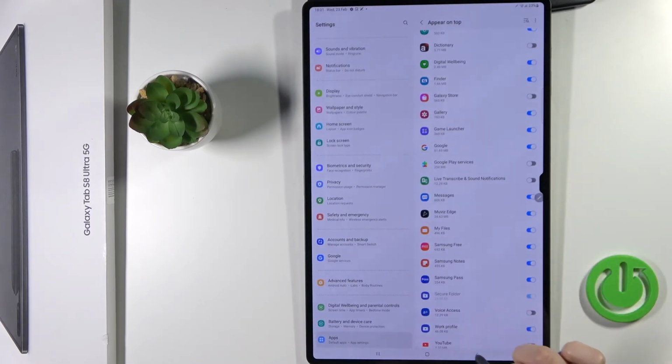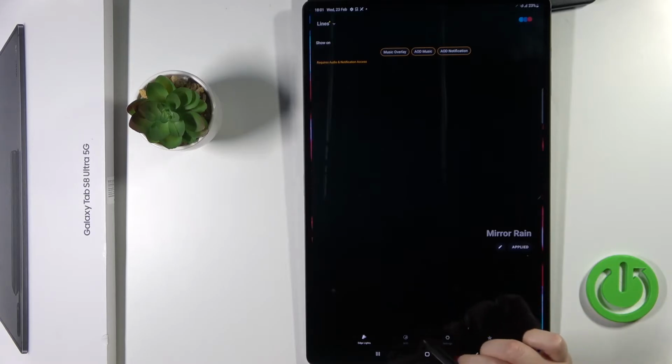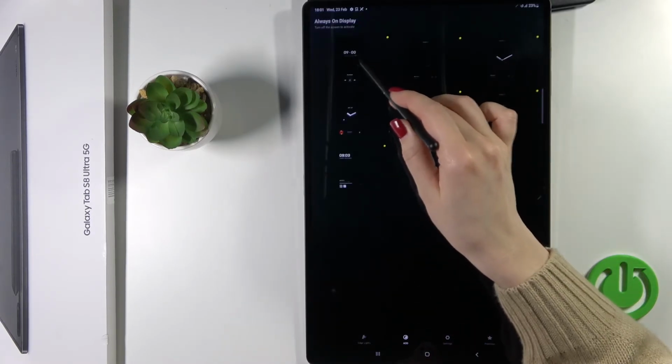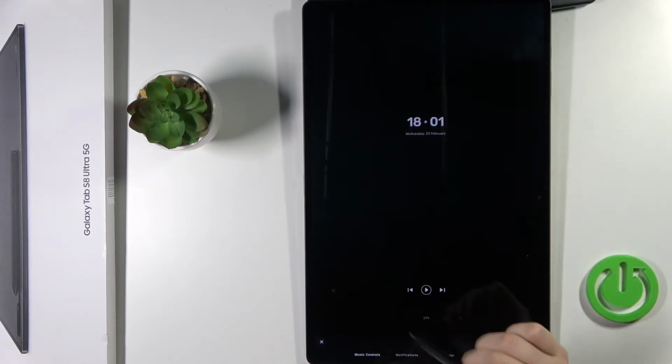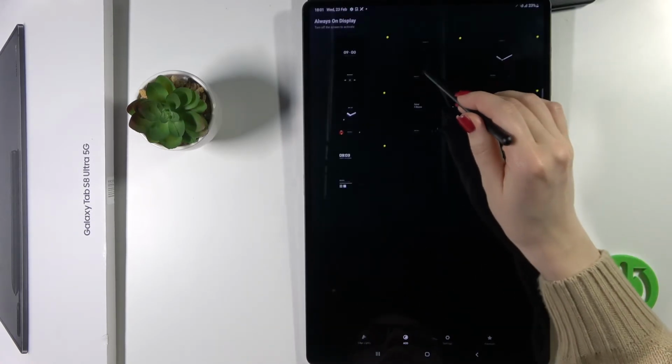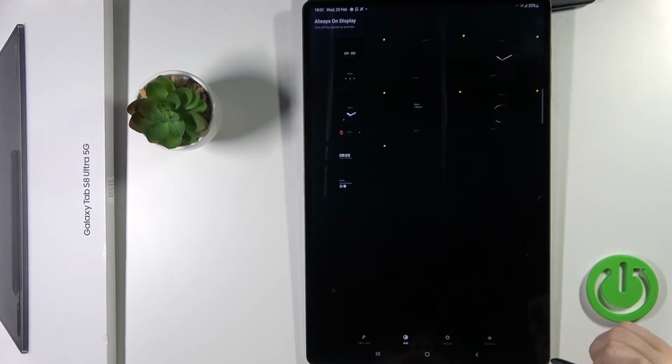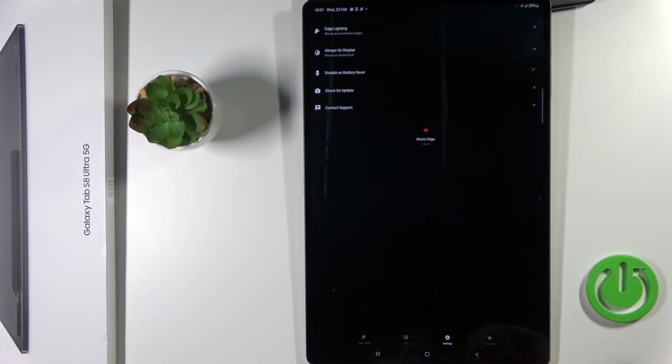Now we should go back here, and you can see the always on display section. Click there, and for example we can just select one from these AOD themes. For example, we can apply this theme. Click here, and now just click here to the settings